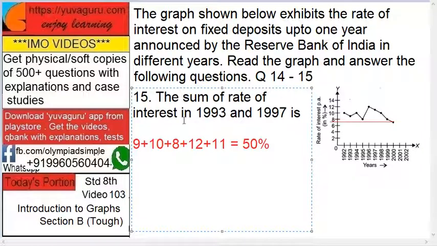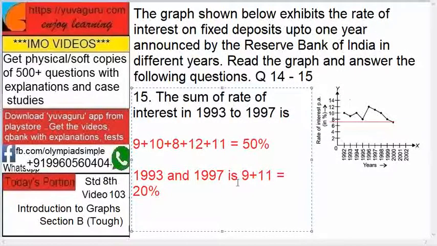The sum of the rate of interest of 1993 to 1997 is, it means it should be 2 over here. 1993 to 1997 is. So add all of them between 1993 and 1997. See here it's written 2, that's why. So add it: 9 plus 10 plus 8 plus 12 plus 11. Check these: 1993, 94, 95, 96, 97. So that is 50%. Now if the question would have been